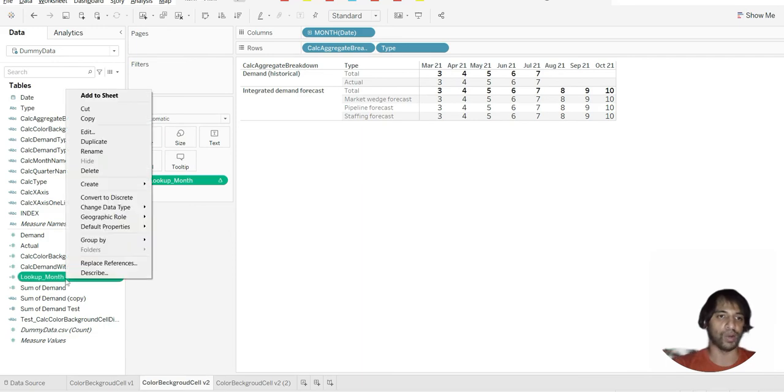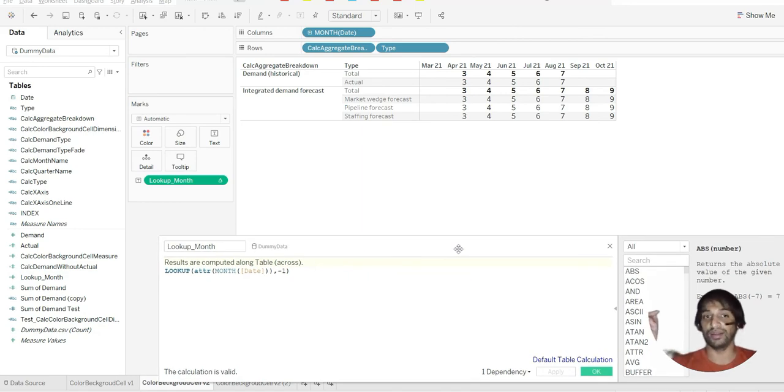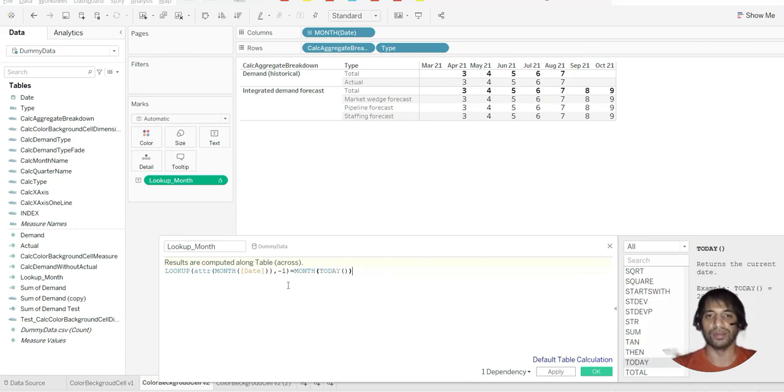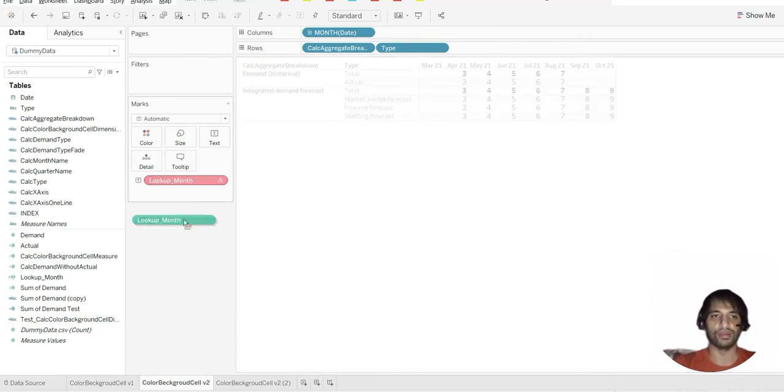So I can go back to this very particular function, and instead of 0, I say -1. Great. Now if I equate that to 7, then it helps. Let us see. Partially it will help, maybe not fully. So if I say month of today, right, is August, right? And if I just say apply, but okay, today I have to go one month back, right? So I'll have to say -1, right? Because August would be like 8. So now I'm in a position to make it a Boolean function, right? So don't worry if it turns red, because the nature has changed.